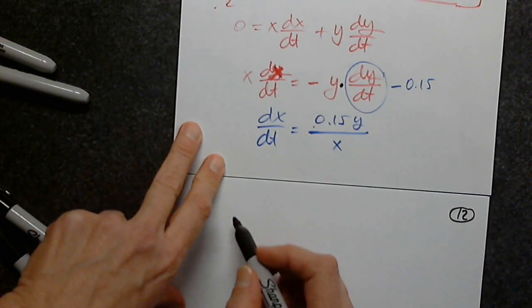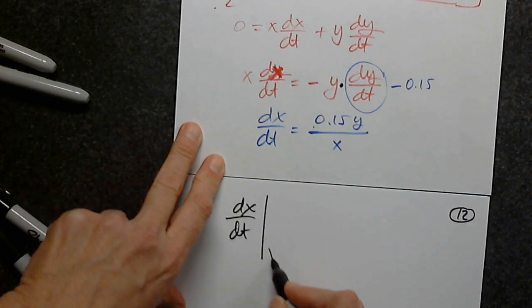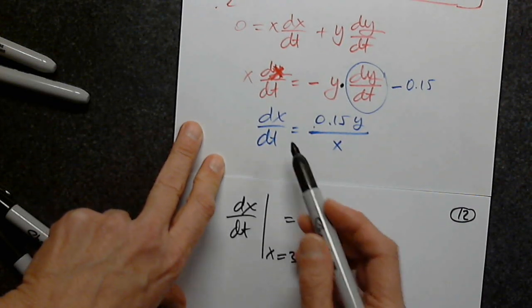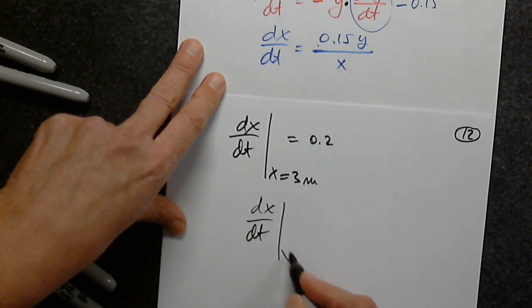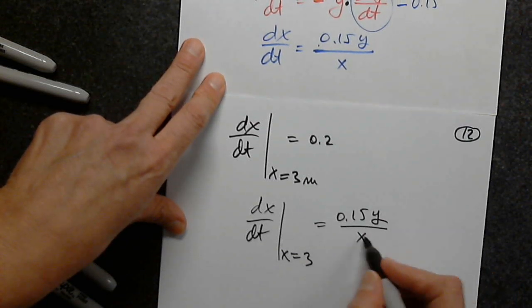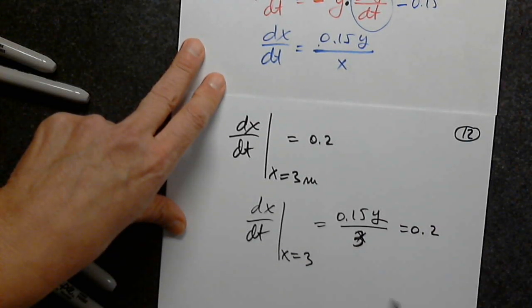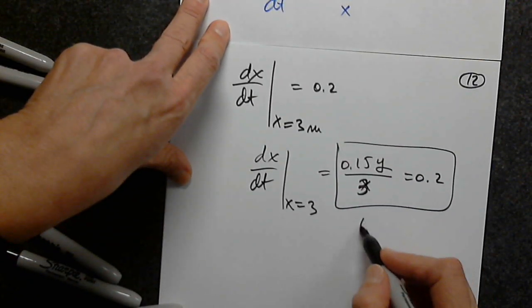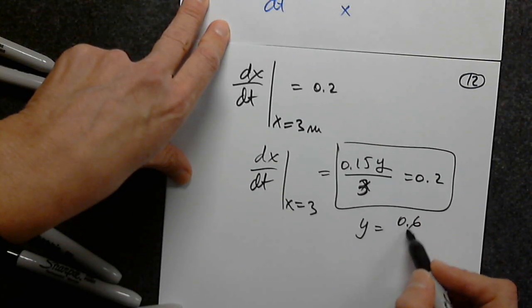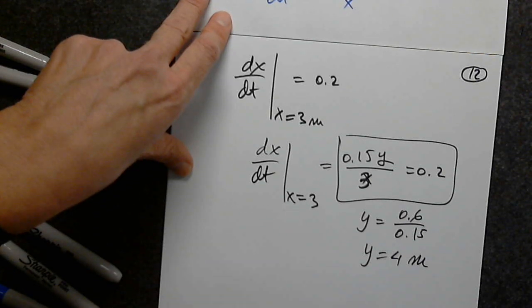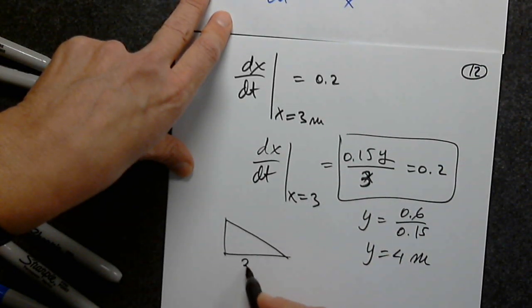So now, next step, dx over dt when x equals 3. I'm just copying from the top, so we see it here, it's 0.2. So dx over dt, when x is 3, is 0.15y divided by x, x being 3, and this equals 0.2. From this equation, I will be able to determine y. And how much did we get? So this is 0.6 divided by 0.15. So y is 4 meters. So then 3, 4, and